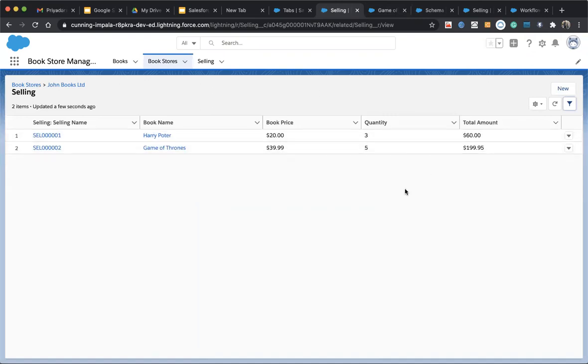So at this time he comes here. We can just create a formula field that will multiply quantity into price and show me the total amount. But that will create a new field in the system, and that is not a good solution.